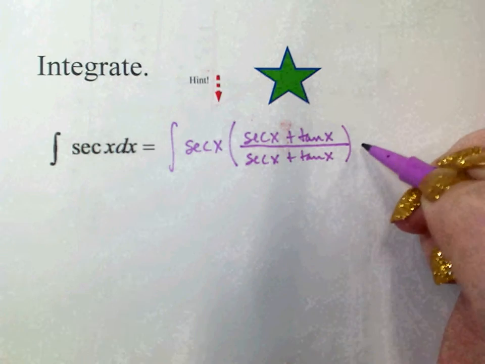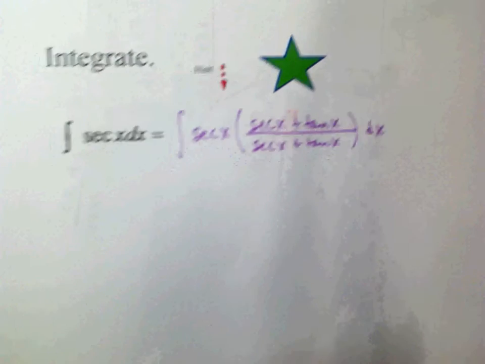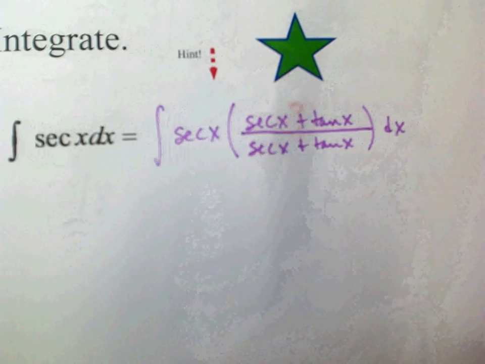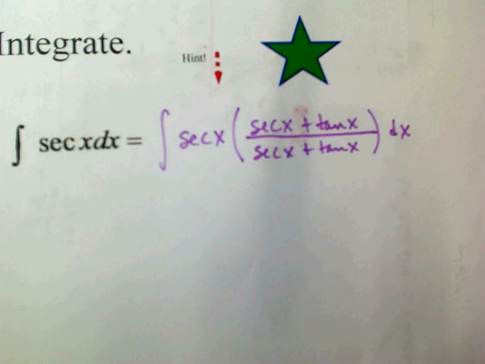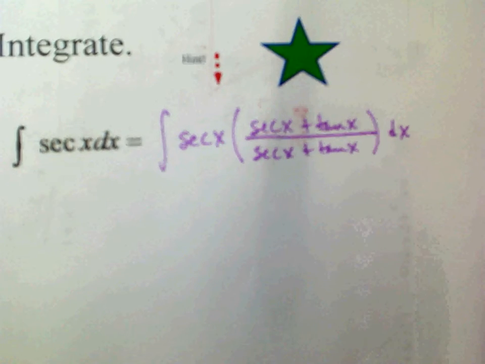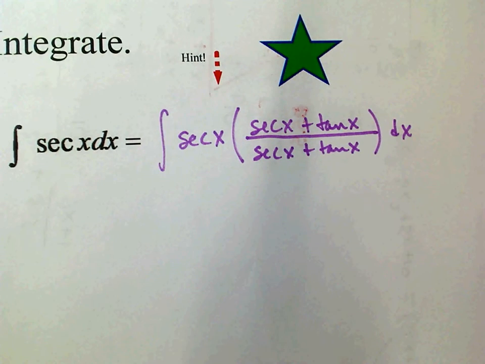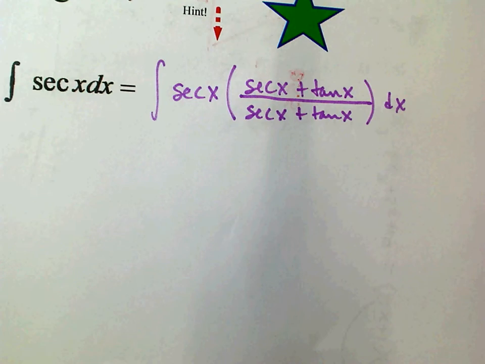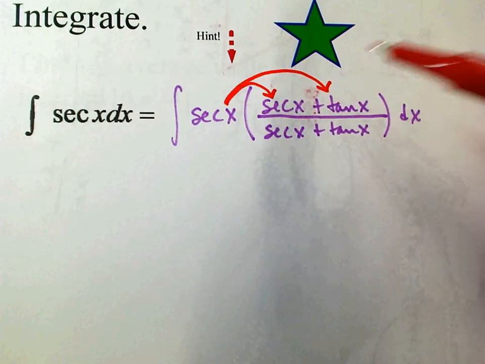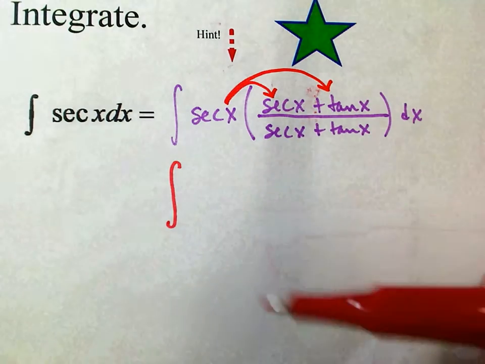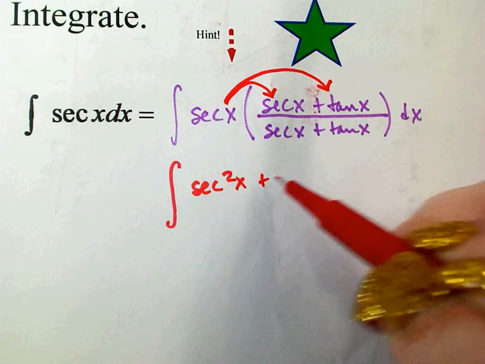Yeah, I mean, I know that's what y'all were thinking. Well, yeah, that's why we can do it, but what does it allow me to do? Secant squared, secant tan. Well, I don't know yet if you know what we're doing, but